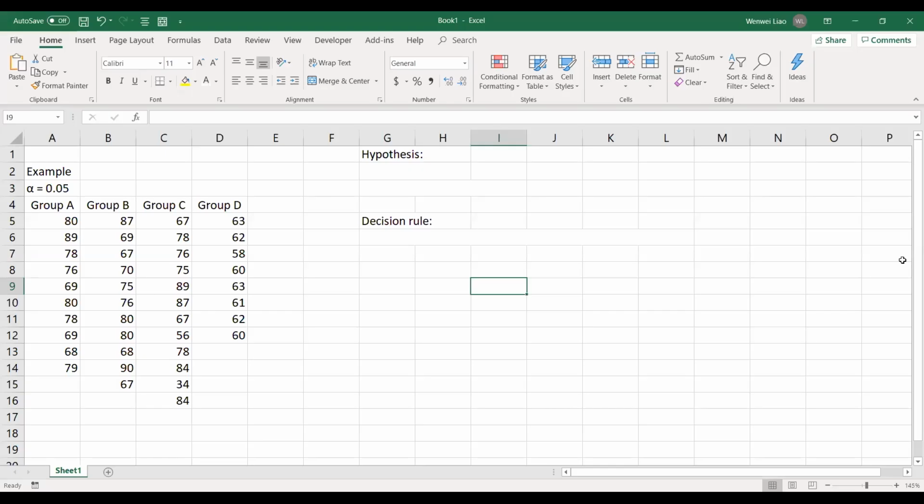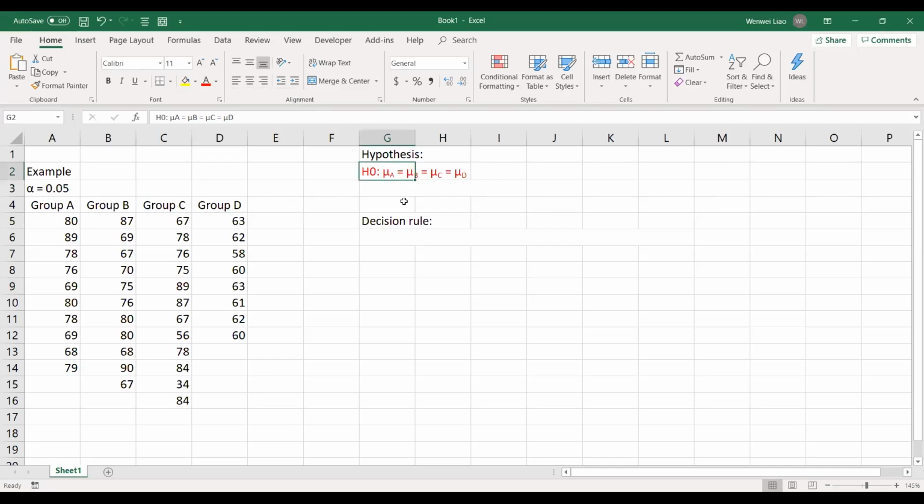So here is an example. Now we have 4 groups of students and we have the final marks for the 4 groups of students, and we want to test whether the marks for these 4 groups of students are equal or not at 5% level of significance. So our hypothesis will be